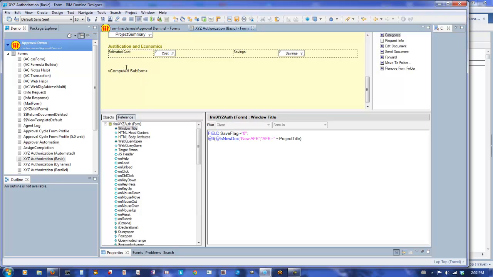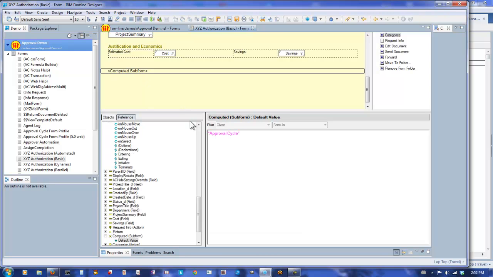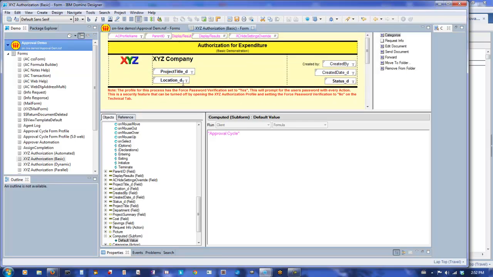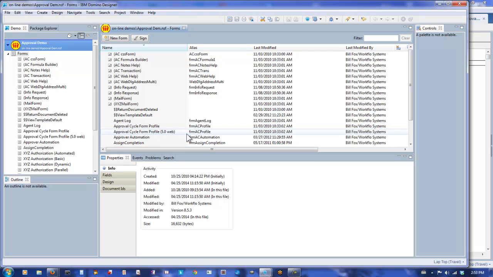In addition, there is a subform called the approval cycle subform that also needs to be placed on your form. Apart from that, everything else is under your control, and you make it look and do what you want it to do. So let's just close this basic one, and let's take a look at